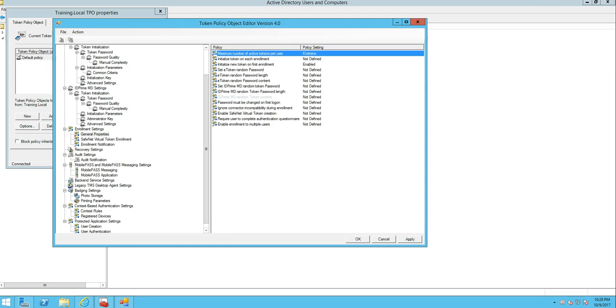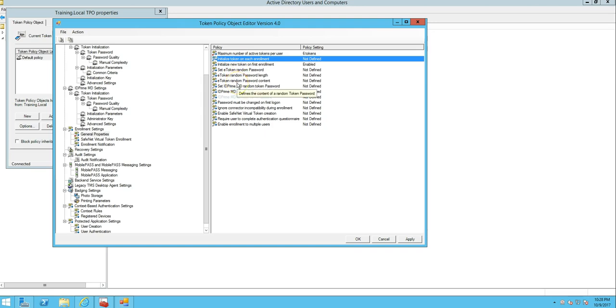And then I want to leave the initialize token on each enrollment set to not defined, which is this right here. We would look at the initialization process later, but I want to leave that not defined for now. What that does is it just formats the card every time, so we don't want to do that. So I want to move on to the